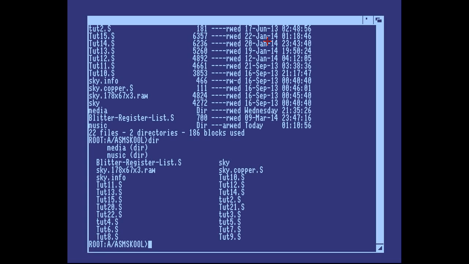Hello, Amiga musicians. This is Photon of Scopex again, and I thought I'd introduce you to composing music using Protracker on Amiga. And for those coming from other music programs, a tracker is